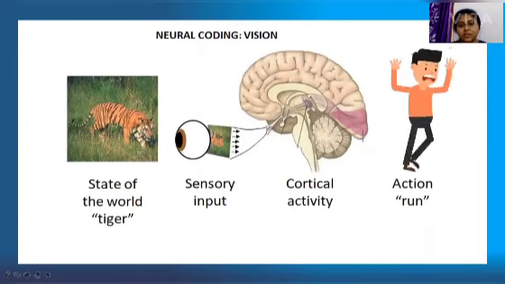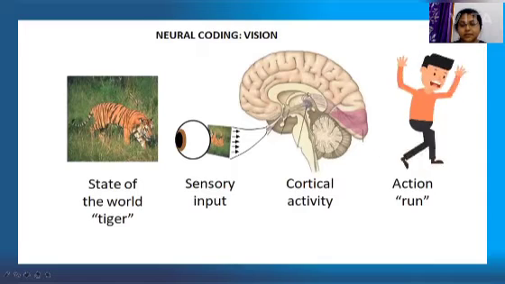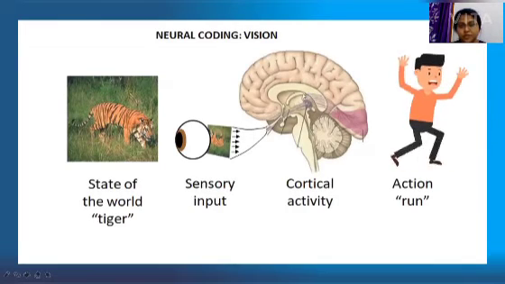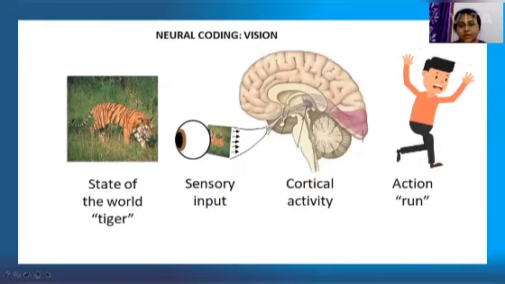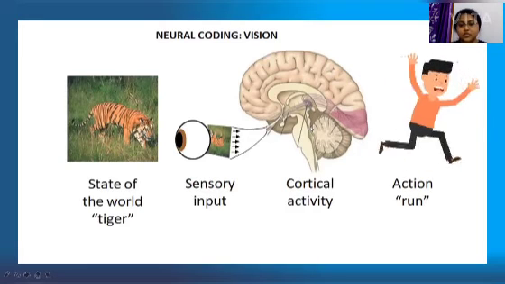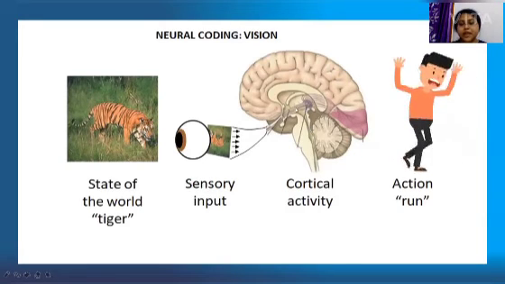So when one person sees a fearful thing, the sensory input goes to the visual cortex, and there is image processing and object recognition, and after so much cortical activity, this fear pathway activates the amygdala, and the man then starts to run.